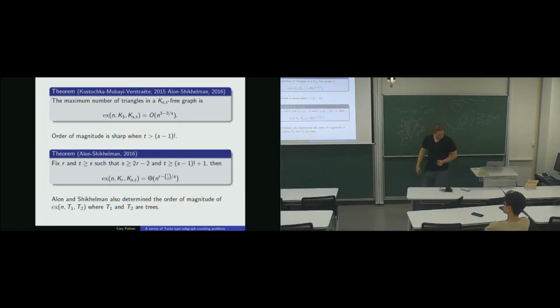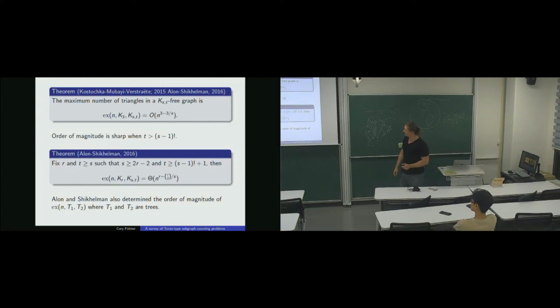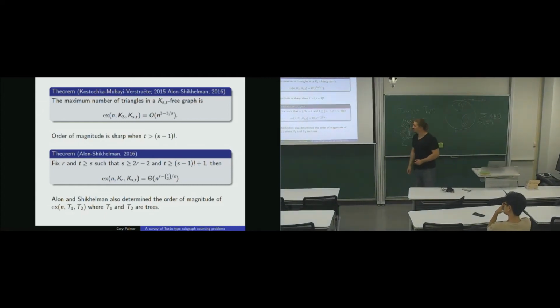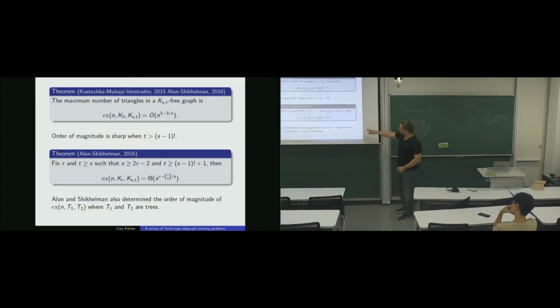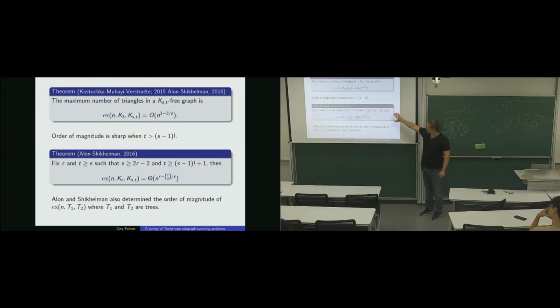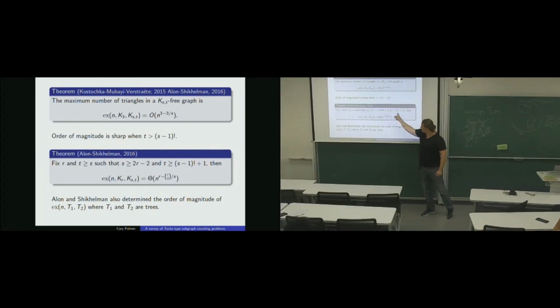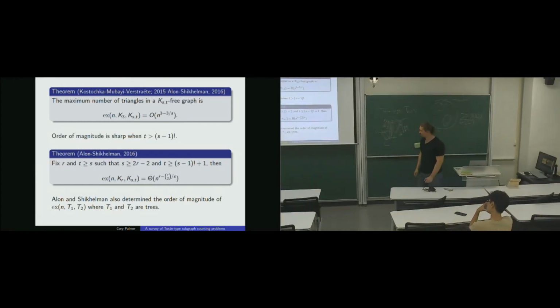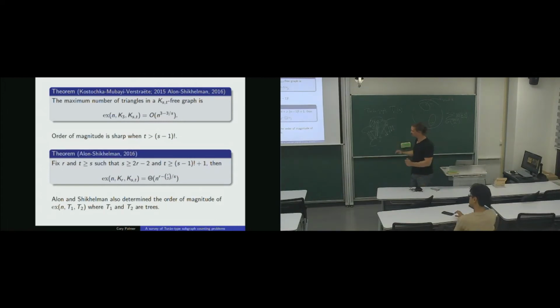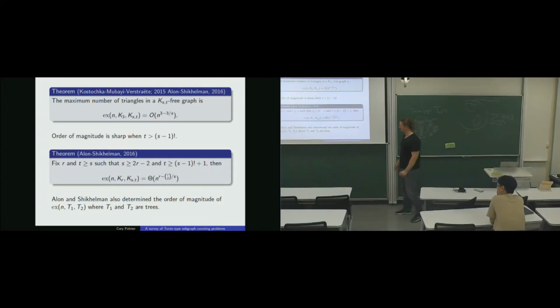These are samples from the Alon and Shikhelman paper that are pretty nice. These are answered questions essentially. So if you want to have a lot of triangles in a K_{s,t}-free graph, you get this nice n to the 3 minus 3 over s, which is reminiscent of the maximum number of edges in a K_{s,t}-free graph, which is big O of n to the 2 minus 1 over s. This theorem below is a generalization of that. It doesn't tell all the information because this upper bound still holds outside of this region here. But it's a complete nice theorem there with order of magnitude. As long as s, t, and r satisfy the appropriate conditions here,